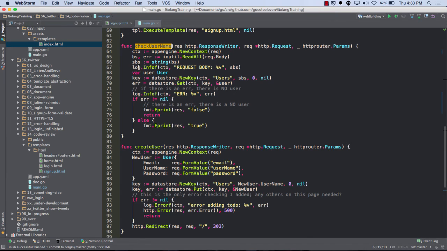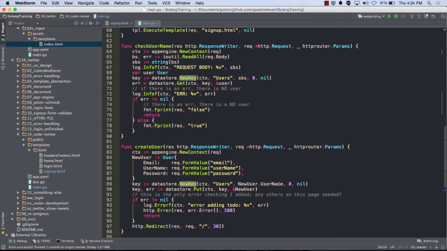And I turn that into SBS, and then I say, give me a new key, not an incomplete key where App Engine's going to finish it by assigning some unique ID. I'm doing a new key, and a new key means I got to give it the context, the kind, and either a unique identifier, which is going to be either some string right here, or some int, right? So whichever one I don't give it, I make nil.